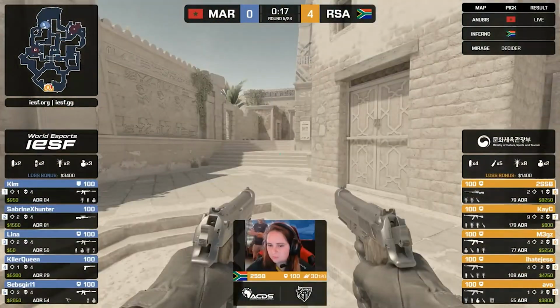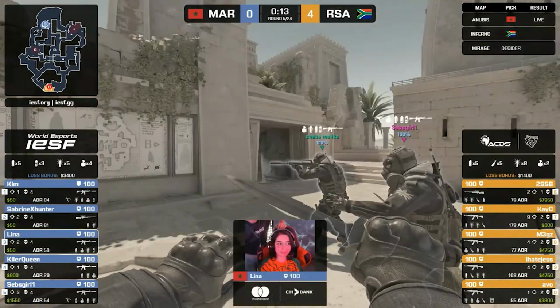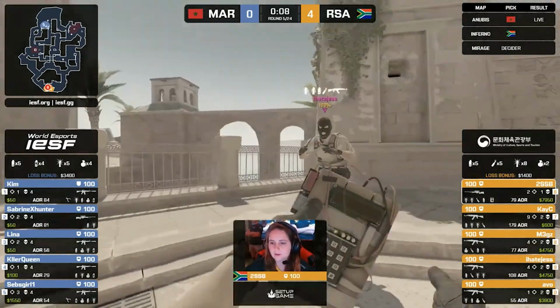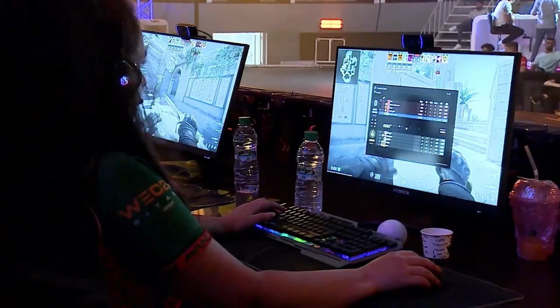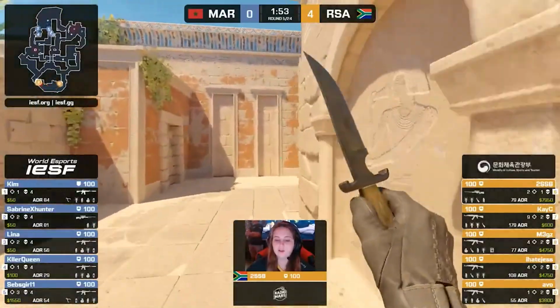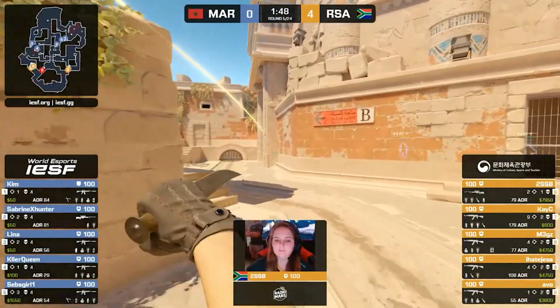Casey has worked in towards A again. Even on these low buy rounds, Casey is still setting that conditioning, walking in towards A main, willing to take all these fights. And at any moment, South Africa can now just pull out a fast A play, because Casey's been given all of this space, all of this respect. At any moment, they could bring that out, and it could be well timed as well. When you consider that Morocco are now going to probably have to adjust in towards more mid and more B,